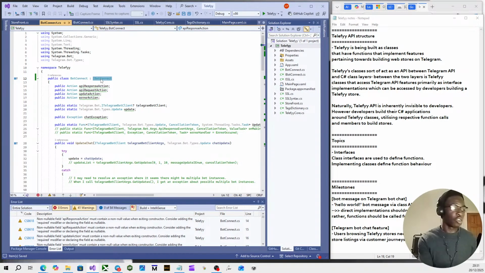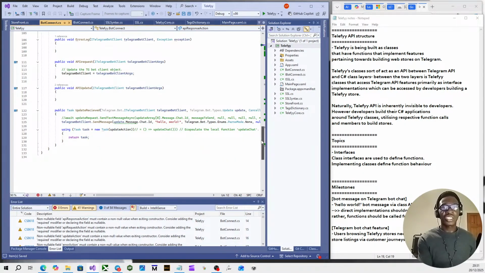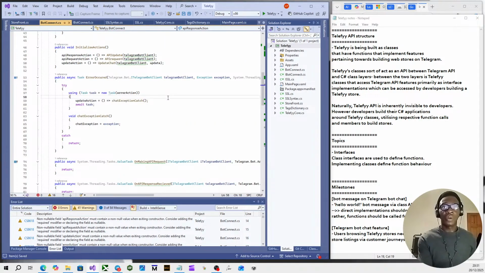So that just means the fact that this class derives from iBot connect. I want to make sure that nothing other than contract implementations are defined in this class, right? Now, this class does look a little bit messy, which I do appreciate. But what I'm trying to say is that in this bot connect, I really shouldn't have my pipelining